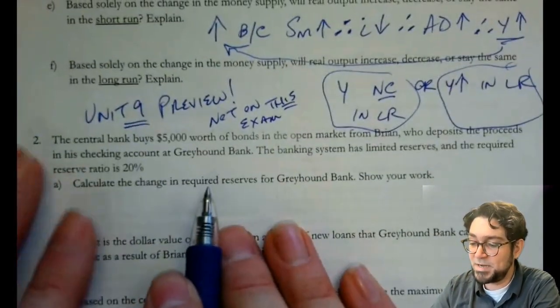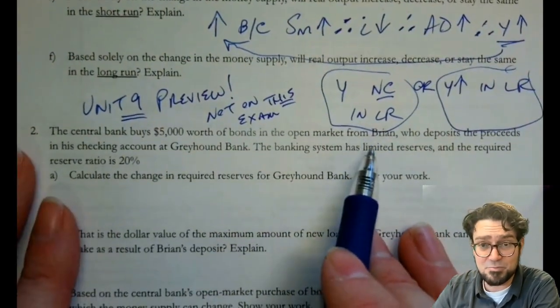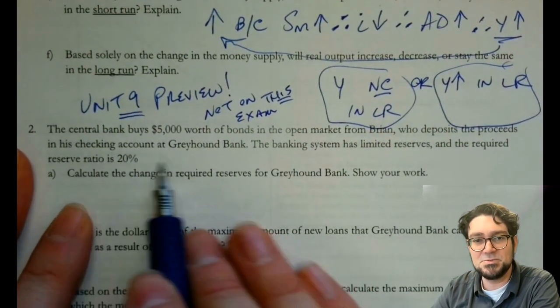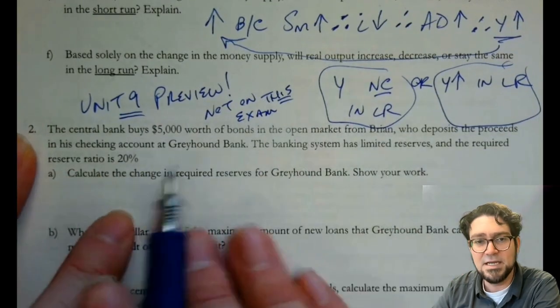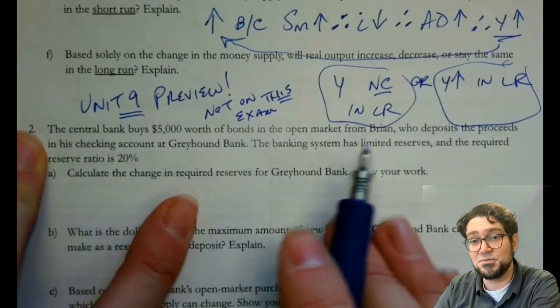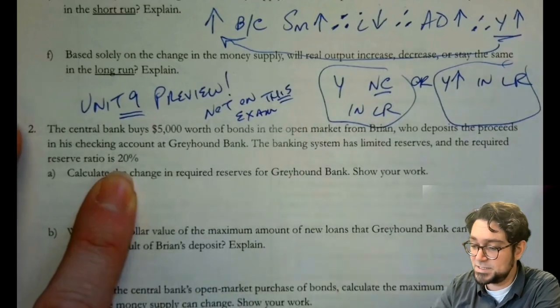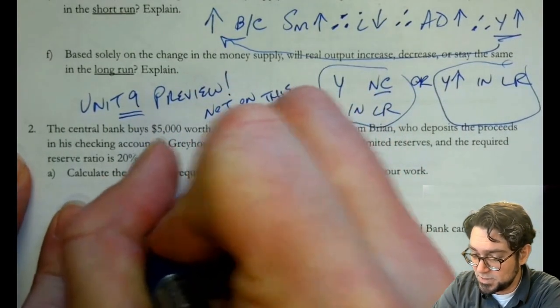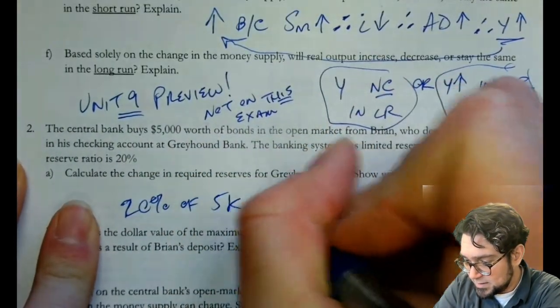Number 2, the central bank buys 5,000 of bonds in the open market from Brian. That's a weird thing. They don't normally buy them from Brian, who deposits the proceeds into his checking account at Greyhound Bank. The banking system has limited reserves. The required ratio is 20%. Calculate the change in required reserves for Greyhound Bank. Well, he deposited them into his checking account, and so it's subject to 20%. So 20% of 5K equals